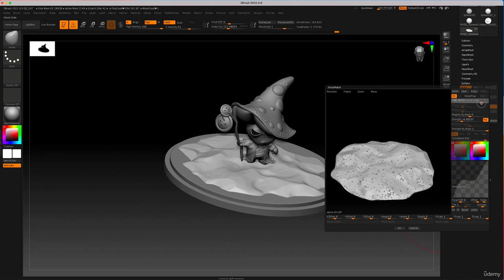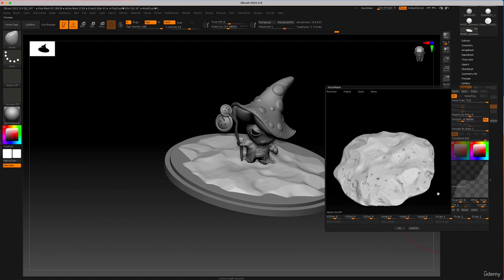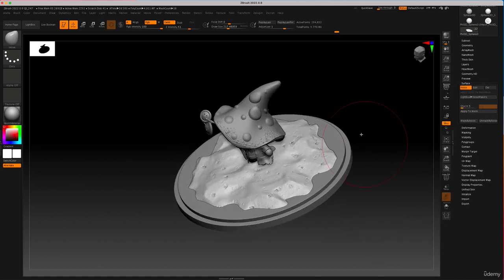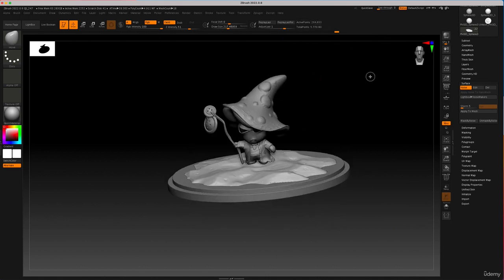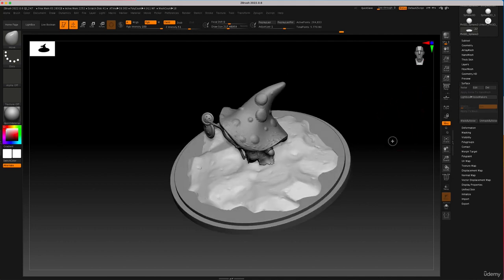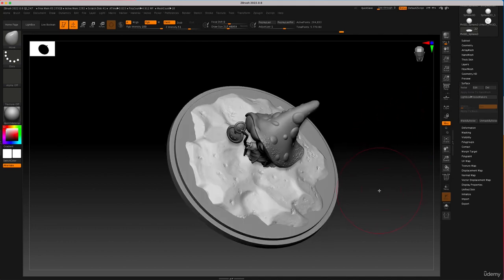Feel free to look for some sort of scale. Like this one right here could be an interesting looking scale, and you can hit OK and see a little bit of that. Of course, because we have small division right here, it's not going to be the best projection if you hit apply to mesh. It's not too bad. But if you just wanted to give it an extra amount,